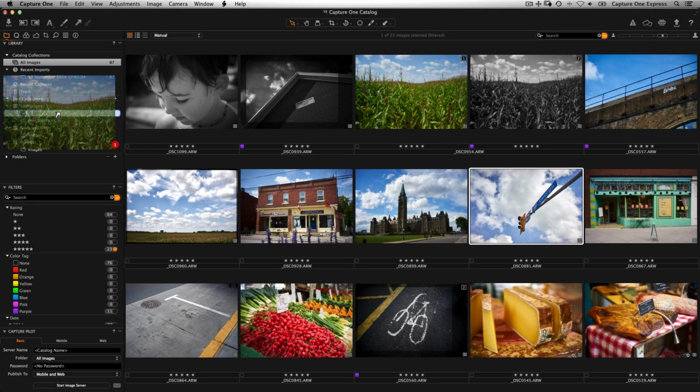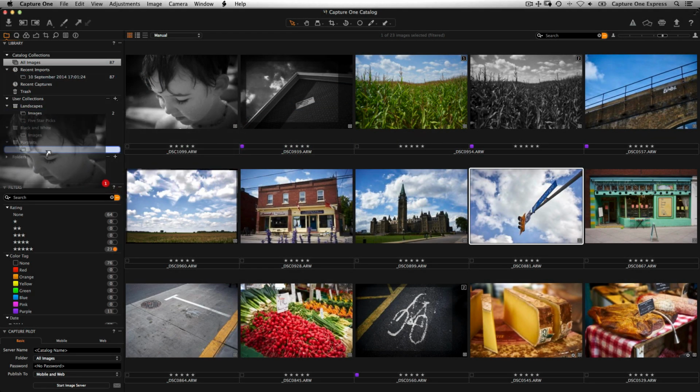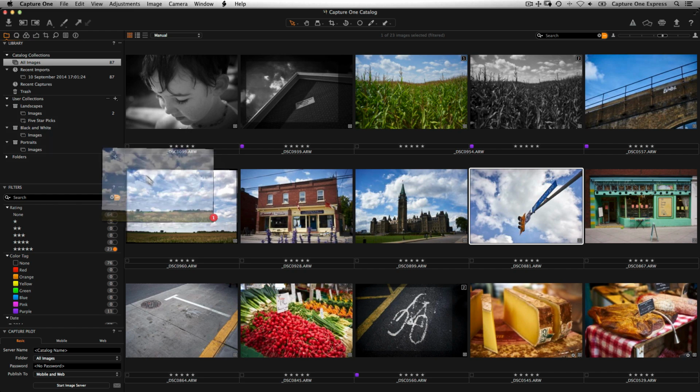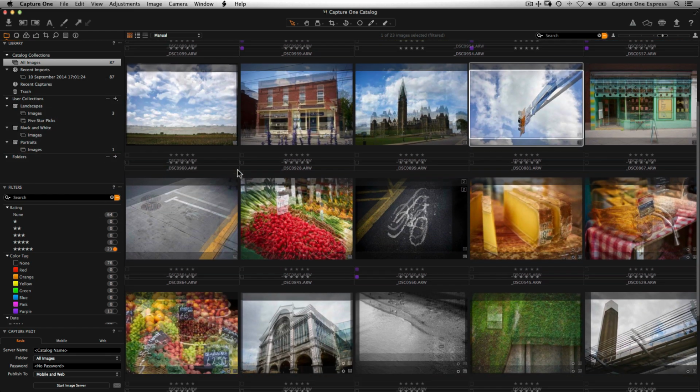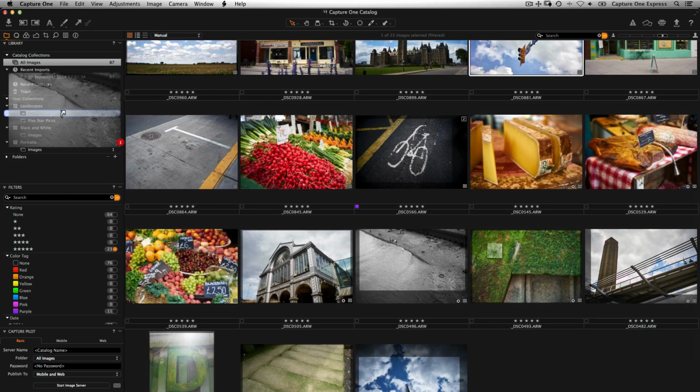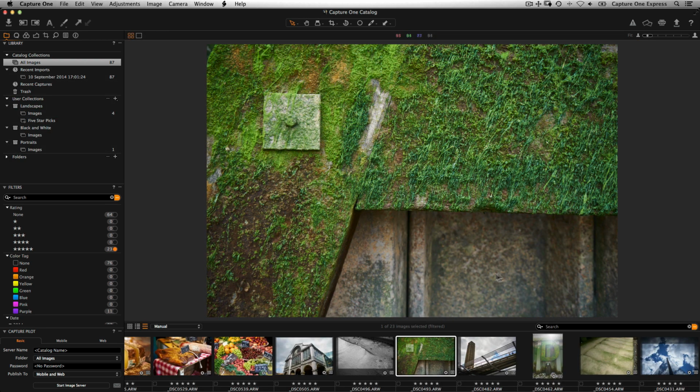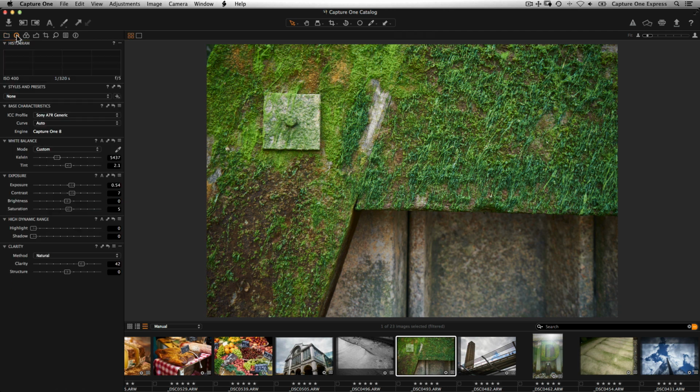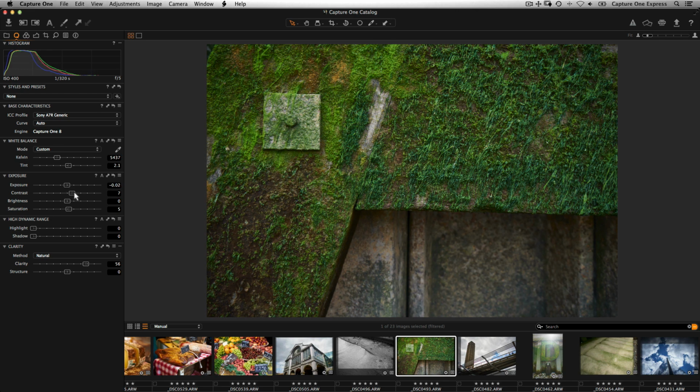Images in Capture One Express for Sony are stored in a catalogue. The catalogue offers powerful tools to organise, search for and filter your images. The catalogue will track the location of images and record information about those images, for example the adjustments you make. Images can be stored across a variety of storage mediums, whether that be on local hard drives or external hard drives or a mix of both.